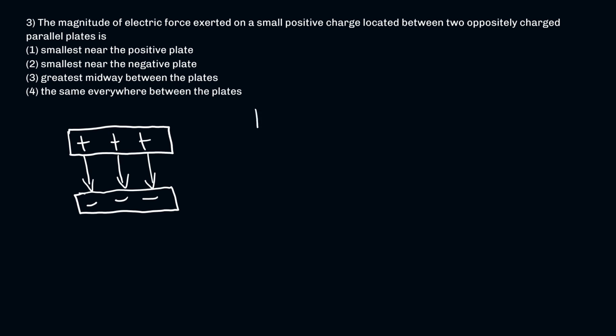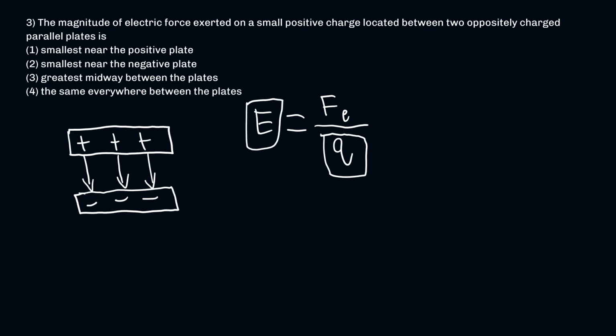So I have here E is equal to, and this equation does involve Fe. So you have that E is Fe over Q. So it's the electrostatic force over my charge. Since we know what our charge is here, it's positive, it's not going to change for this situation. And we know that the electric field strength, just based on concepts, is the same throughout the entire plate. We can look at the equation then, and just doing a little bit of algebra, E times the charge